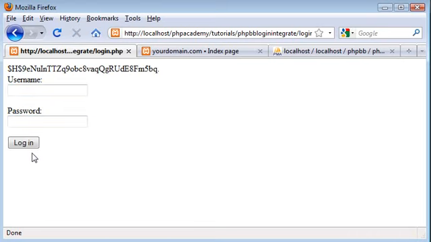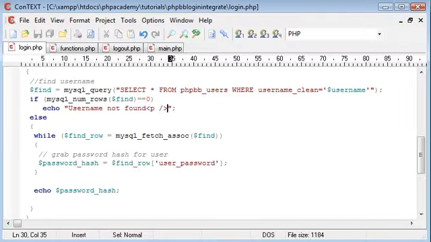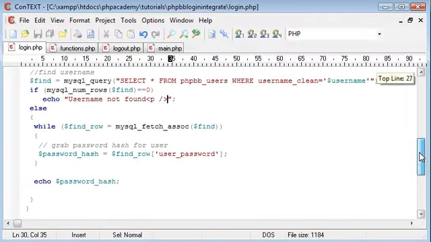Okay, so my password hash has been echoed. We have nothing to compare the passwords to at the moment, so therefore we're just echoing out a password hash just to check that everything's working. Okay, so what we're going to do next, if we go down, we can get rid of